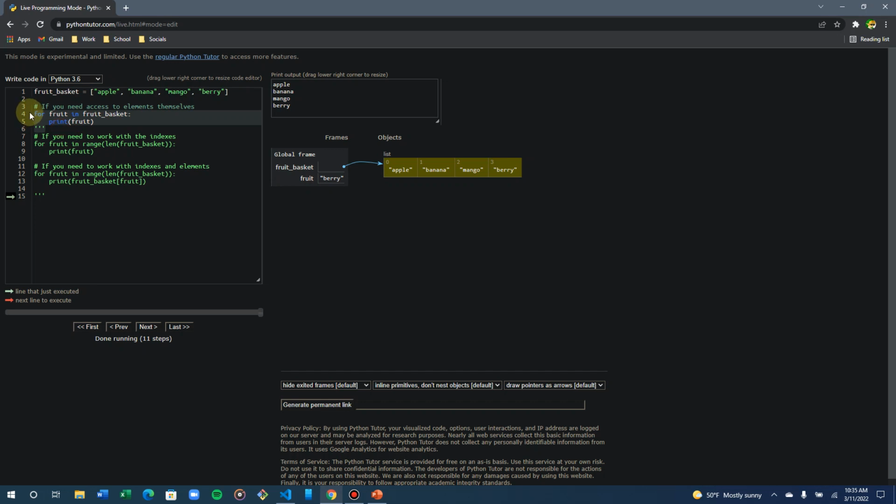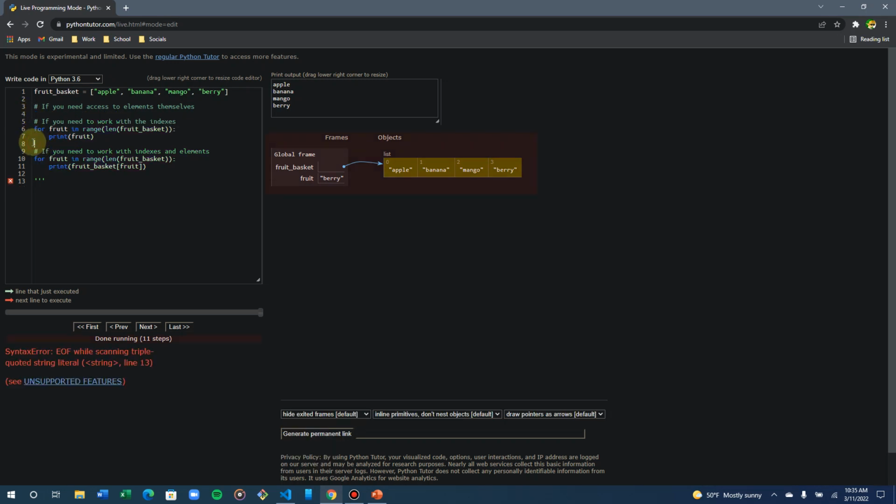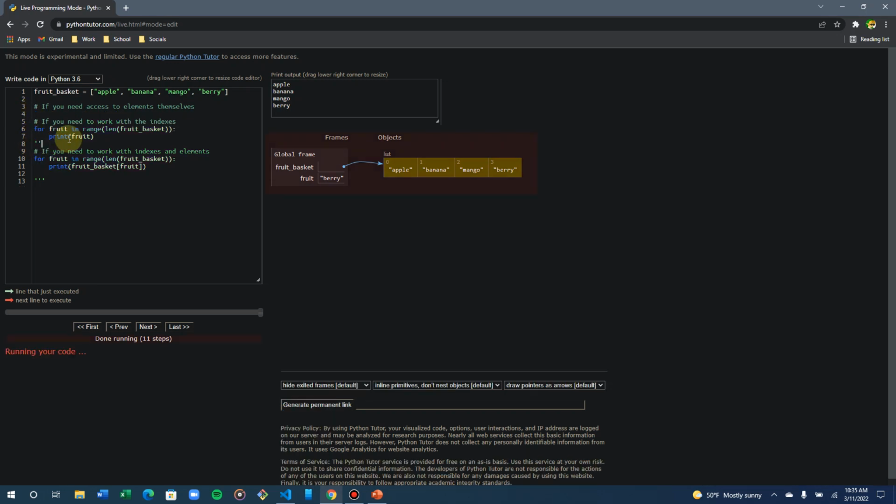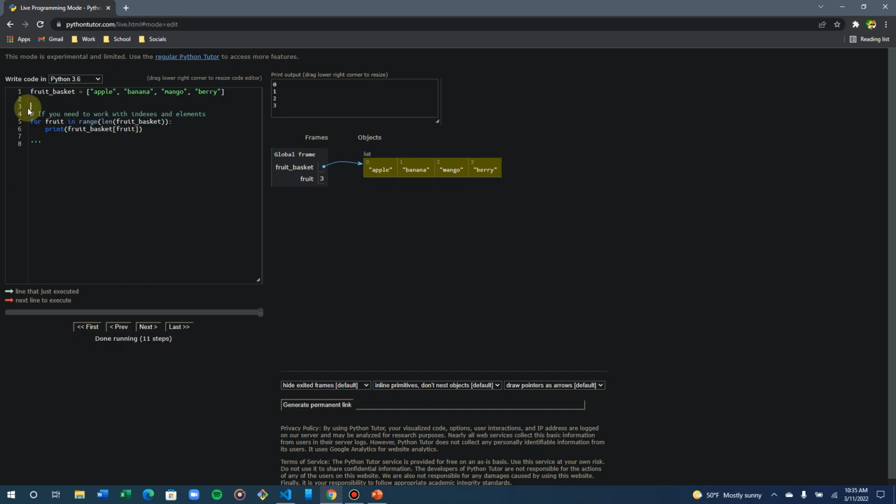Well, let me just delete that real quick. I'm going to comment this out real quick. I would simply print fruit in this case, because fruit in range length fruit basket, as I showed before, is going to be just an index. So 0, 1, 2, and 3. Now, if I had a function where I needed to work with both indexes and elements, I don't need to create 2 separate for loops from that. I can simply, as you can see here,